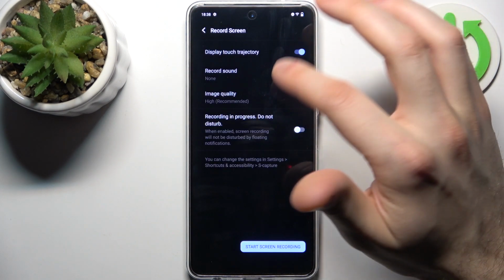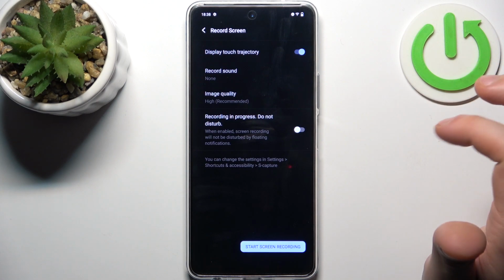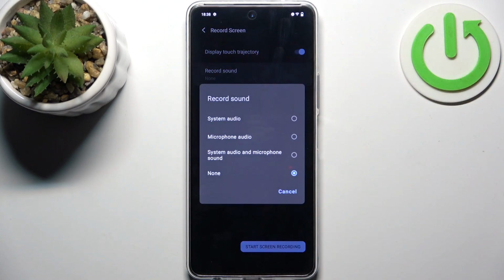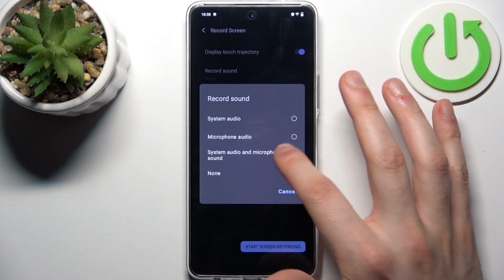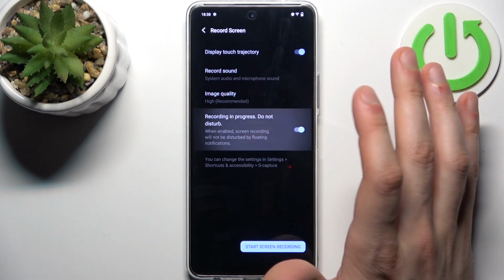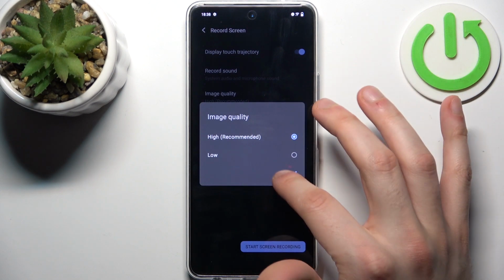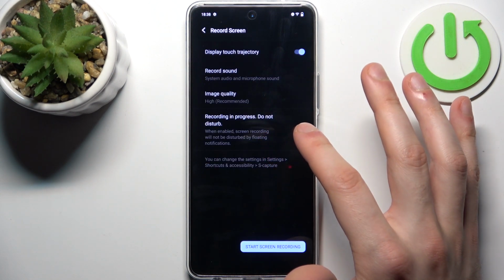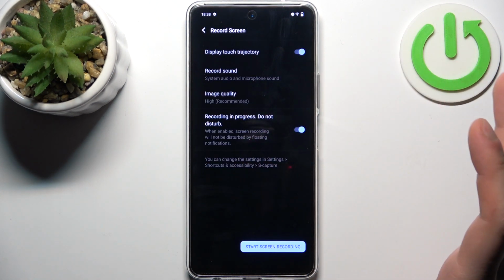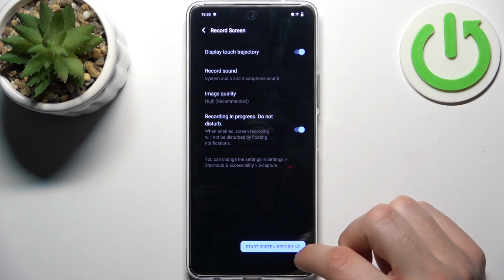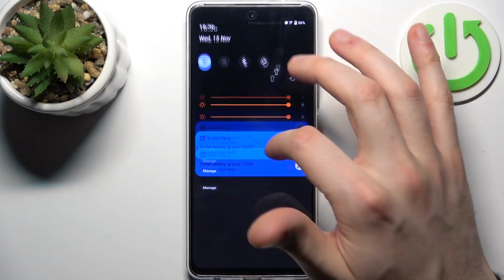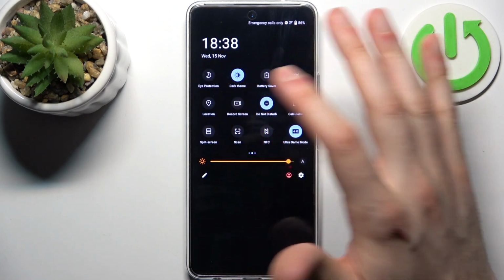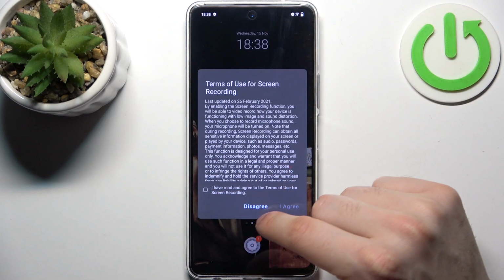You can display touch trajectory, you can record sound, like you can record system sound, you can record microphone sound, or both. You can change image quality, and you can also enable do not disturb automatically when the recording is on. So you can either start recording by tapping here, or you can just tap on this button once, tap